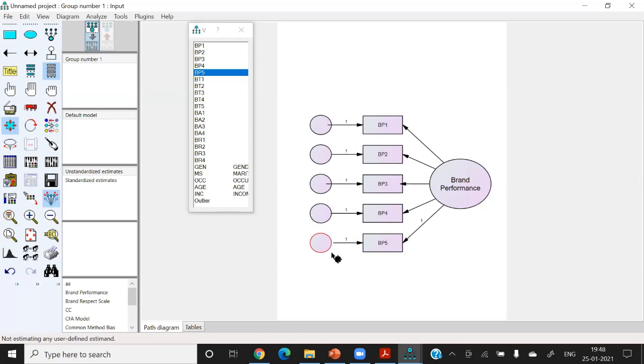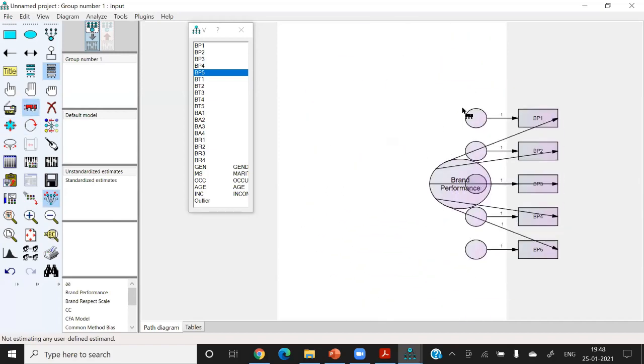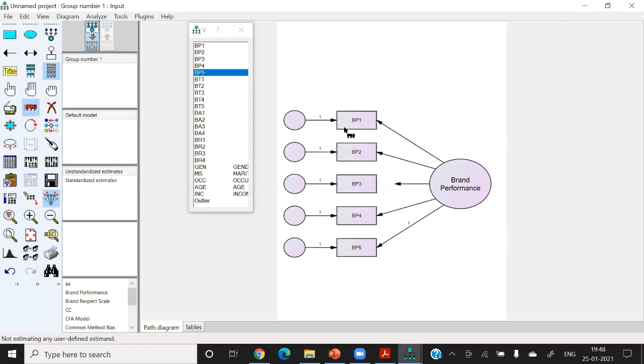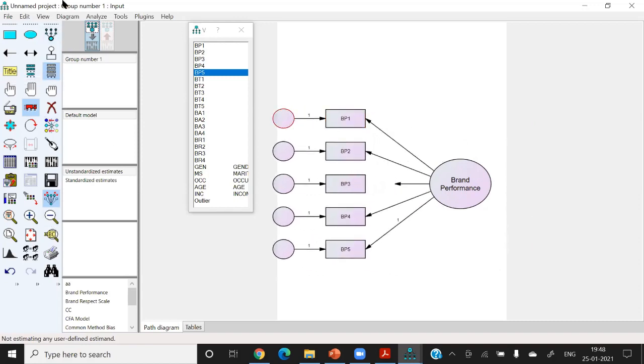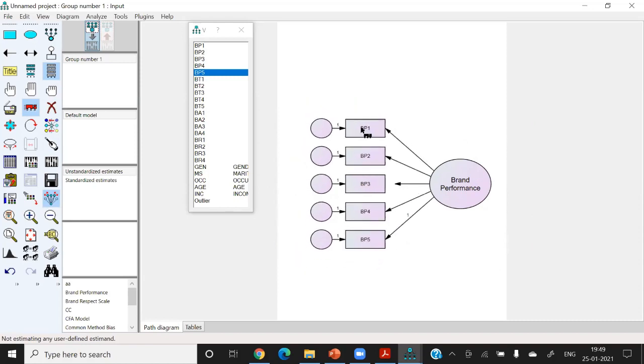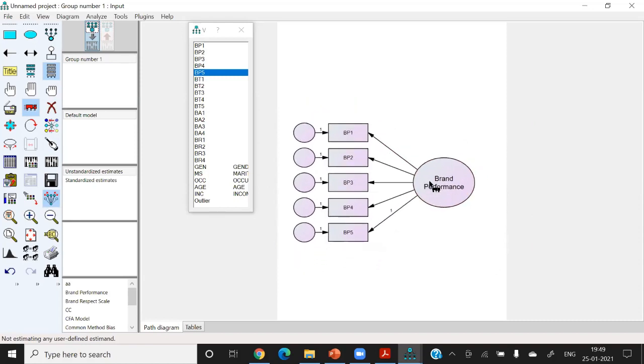So this is a very important point. Whenever you want to change the diagram, always use this preserve symmetries. And even if you move, they will move in symmetry. One of the benefits of this is that after selecting this C10 icon, the diagram will be symmetrical always. Okay, so this is my construct.